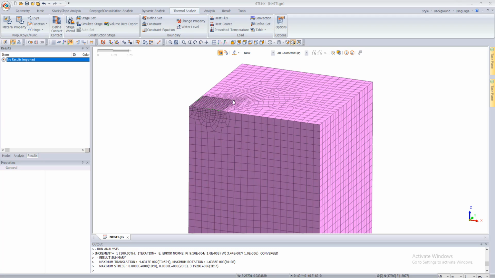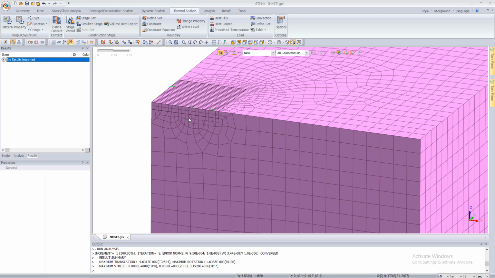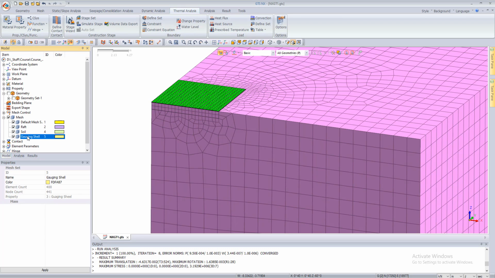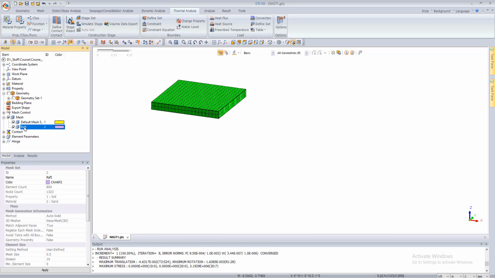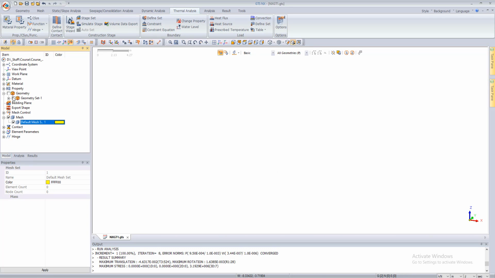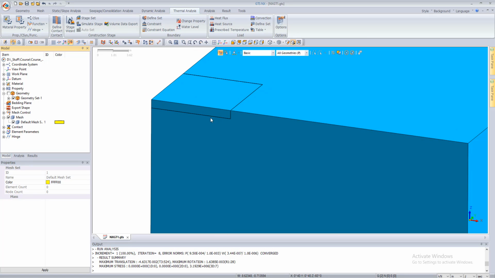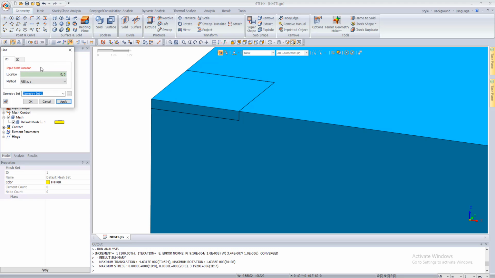In this tutorial, we'll start to update our model to include piles. So we will go back here and we will start to delete all our meshes, and we just go back to show the geometry. So here we will start to create one 3D line. From here we create a line with 0 and minus 20,